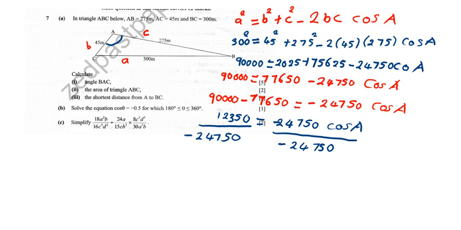So the negative 24,750 will cancel on this side, remaining with cos A is equal to, when we divide 12350 by negative 24750, we are getting a negative number, which is negative